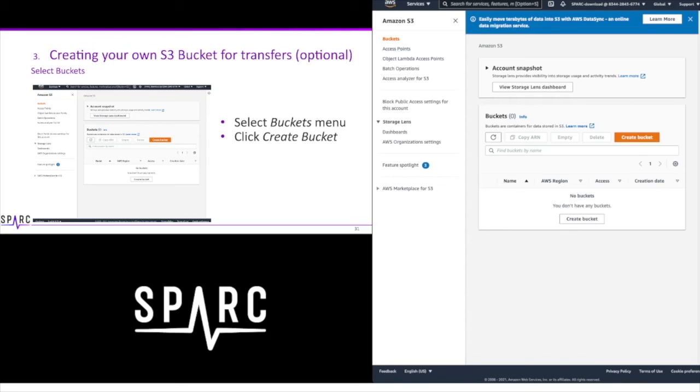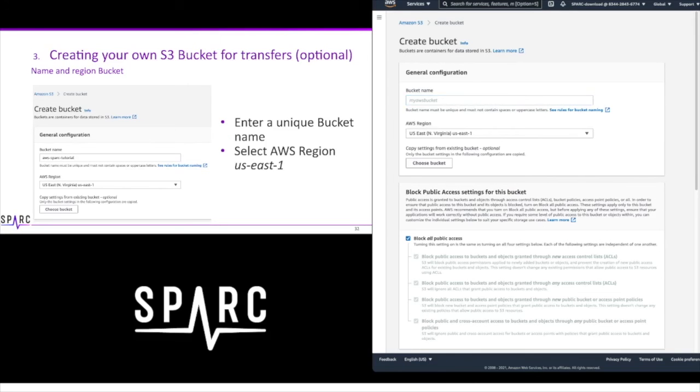Click on the Create Bucket button in the main page area. Give your new bucket a unique name. This bucket name must be completely unique, and the one you choose may be in use by another AWS user. Use lowercase and do not include spaces. Refer to the AWS naming guidelines.